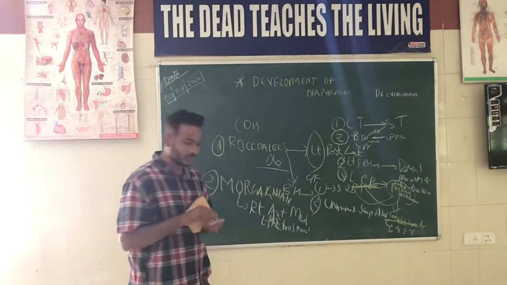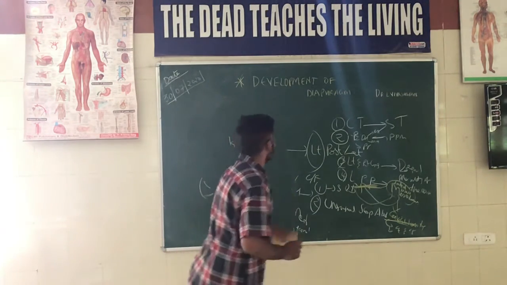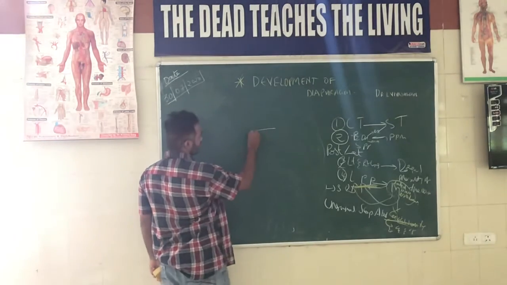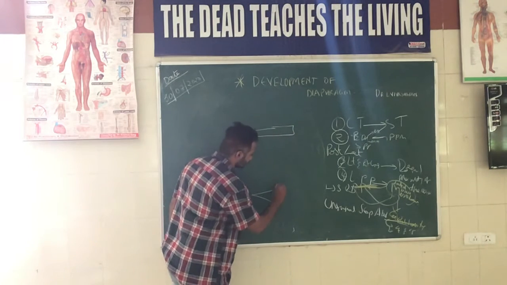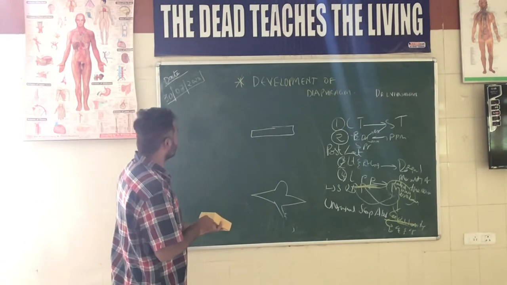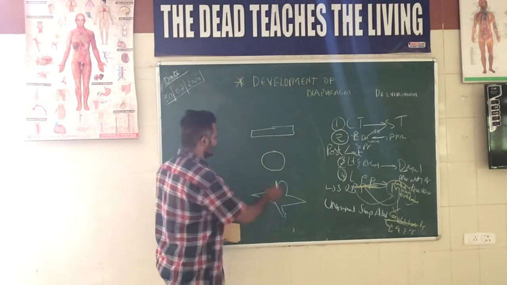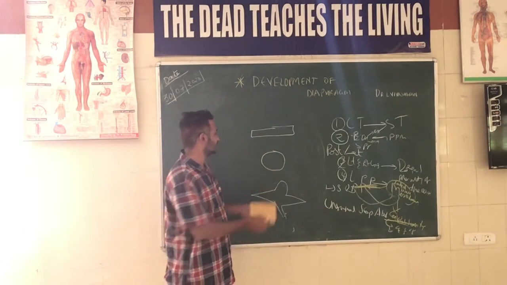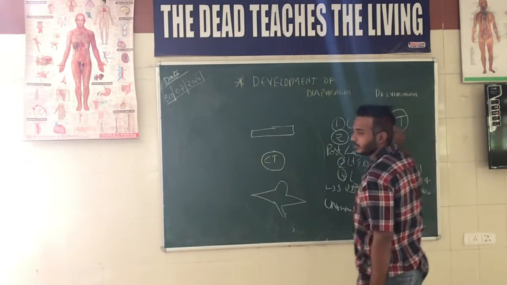I'll just try to give you a diagrammatic view of all these things. Here is the sternum, and here at the bottom we have the vertebrae. And even developmentally we have something called a central tendon. The central tendon, on which the inferior surface or the diaphragmatic surface of the heart is placed, is developed from the septum transversum.